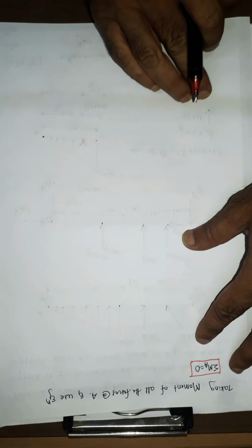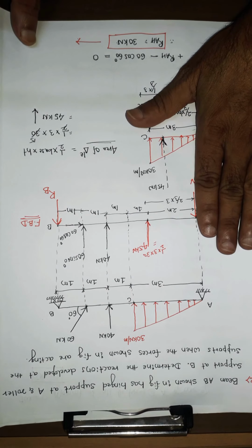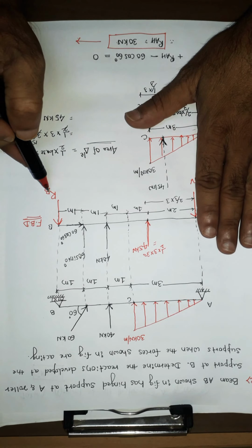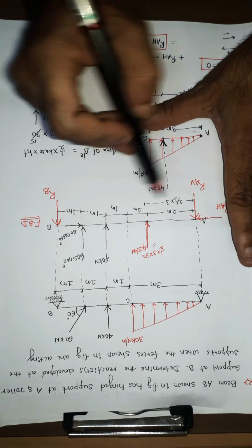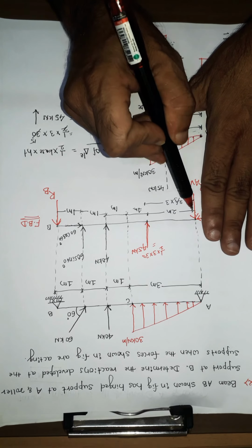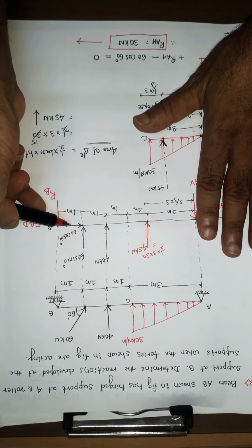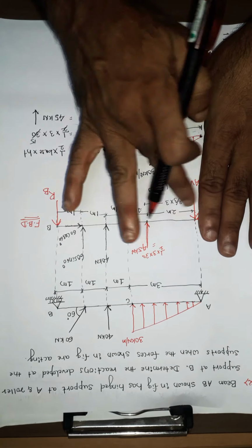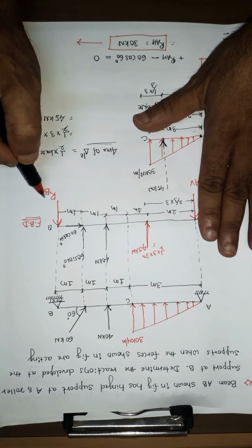Now take the moment of all the forces. How many forces are we taking moment of about this point? When you are taking moment about A, start from this end: 1, 2, 3, 4, 5, 6, 7. Now see, RAH and RAV both pass through A, so the moment of these two forces will be 0. Similarly, this 60 cos 60 passes through point A, so its moment is also 0. Now these three are gone. What is remaining? 1, 2, 3, 4. So let us start with RB.